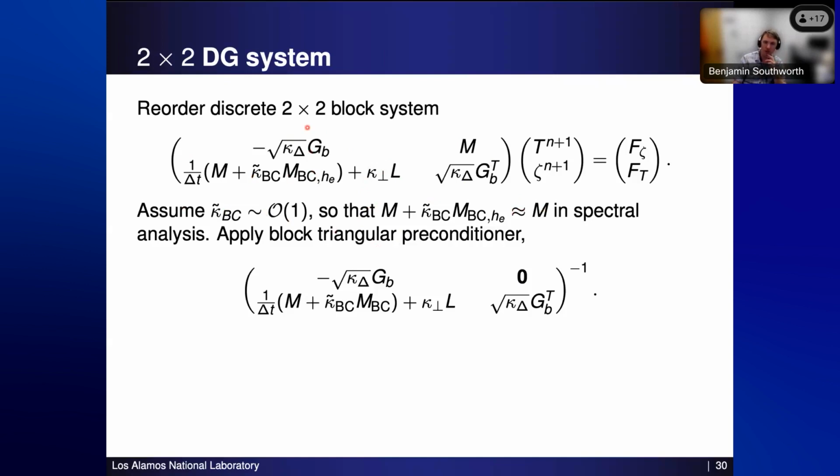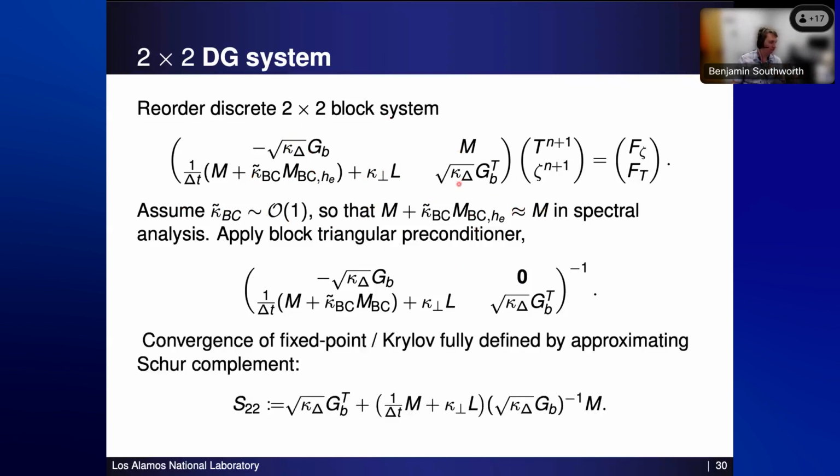And so what we do is we apply a block triangle preconditioner to this operator, and we don't even bother with something fancy in the Schur complement. We just use the diagonal blocks. And so many of you probably know this intuitively anyway, and we wrote a paper on it proving it rigorously. Convergence of fixed point and Krylov is really fully defined by how well you approximate the Schur complement. And it's not just asymptotic, it's like every iteration you can relate to how well you approximate your Schur complement. And so here, this is our Schur complement. We have our gradient, then we have our mass matrix, an isotropic component with the gradient inverse, and then another mass matrix.